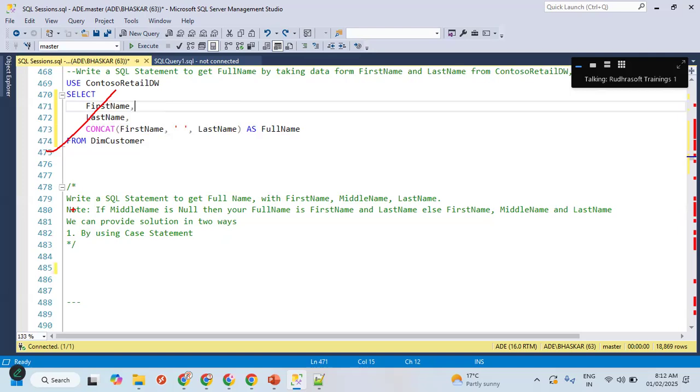Up to here, we have seen. Write a SQL statement to get the full name. I wanted to write a SQL statement to get the full name by using the first name, middle name, and last name. By using all these three names, I wanted to get the full name. So there is a condition. You have to keep in mind that